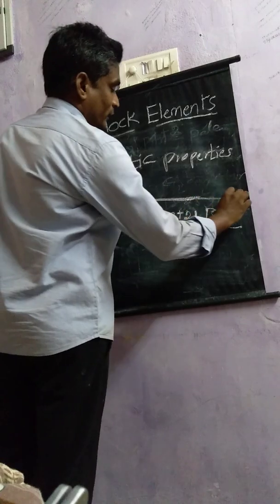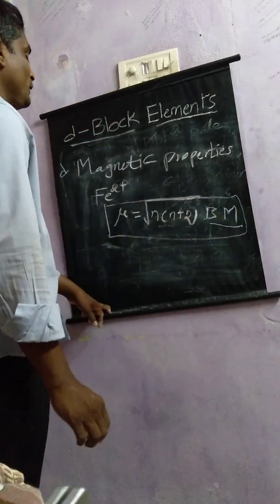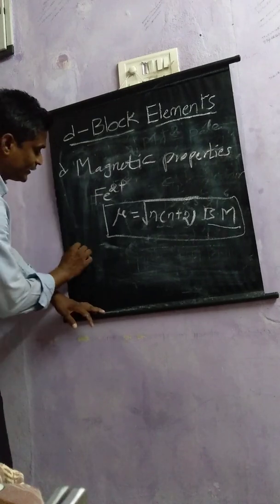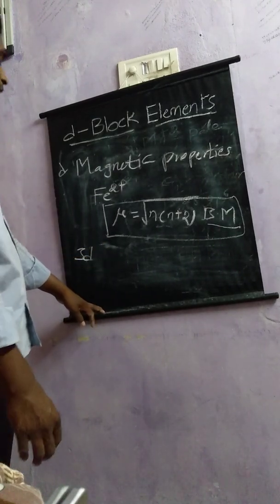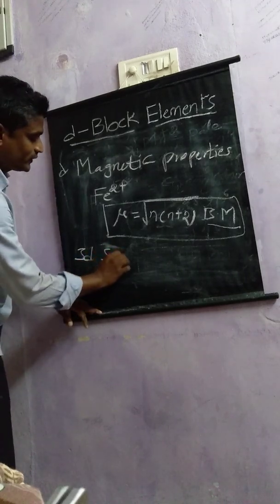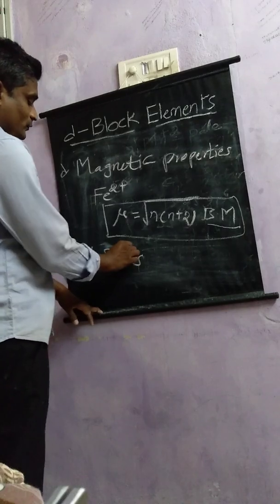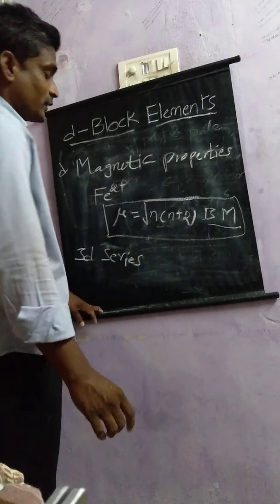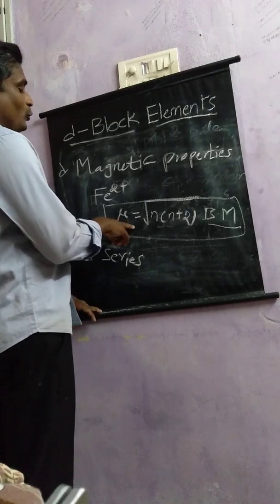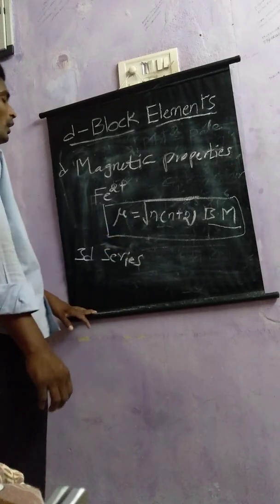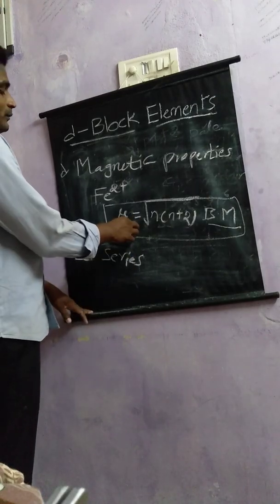For what elements do we have to use this formula? For the 3d series only. What is the 3d series? All that we are going to discuss later. So, coming to calculating the magnetic moment of the iron 2+ ion, I am using this formula,